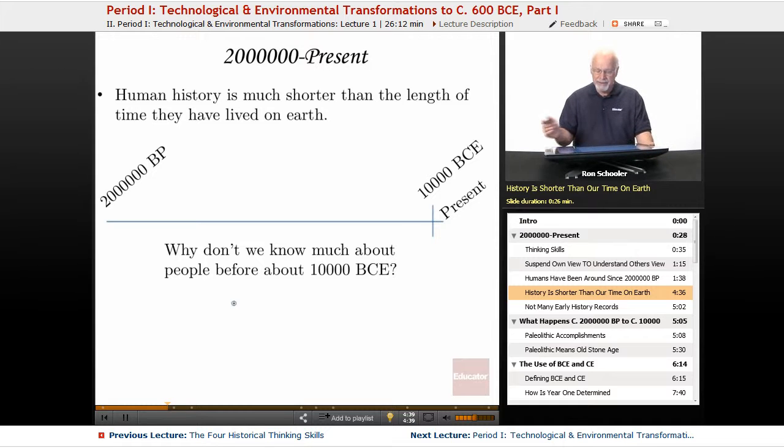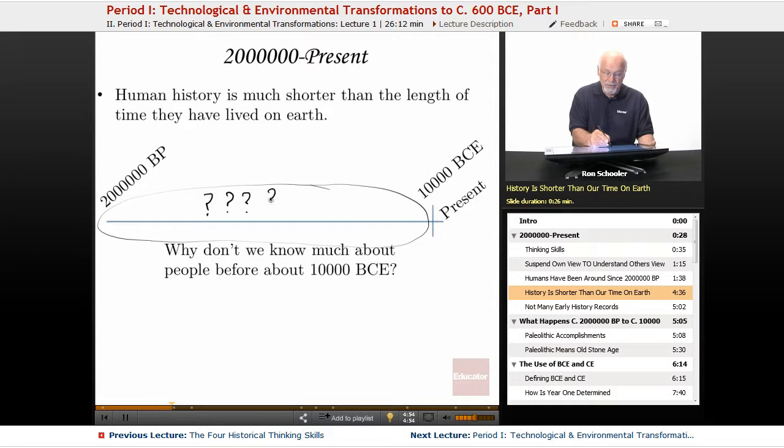So if we say that 2 million before the present to 10,000 BCE, what happened in this period right here? Well, it's not very clear to us what happened here. Why not? Well, because they didn't leave us much. There weren't very many of them. But we do know something about